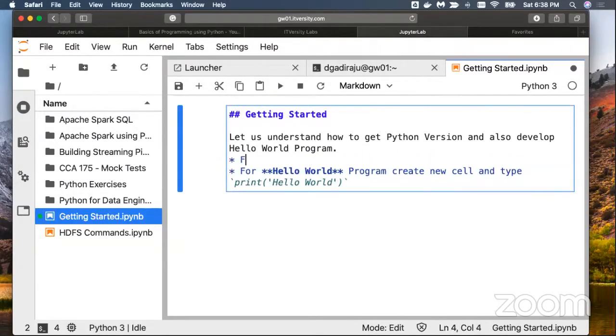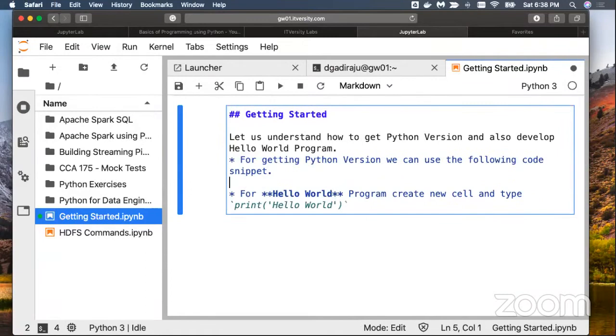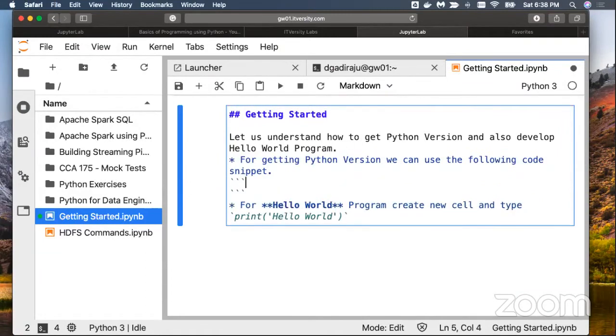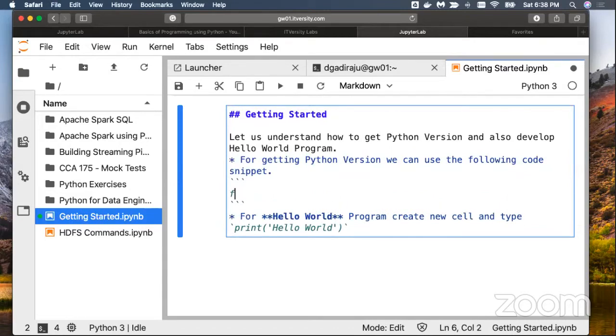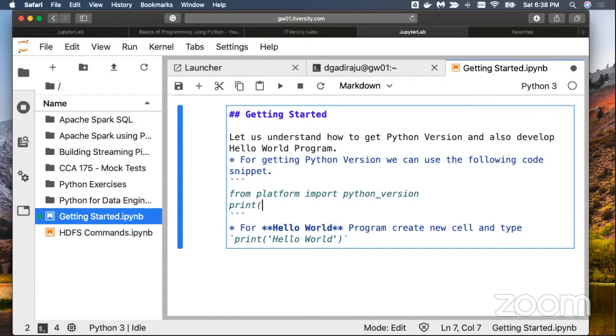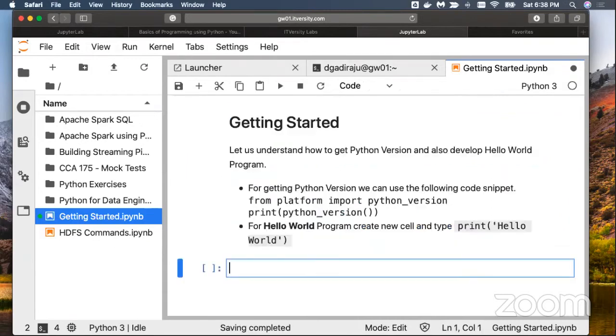For getting the Python version, we can use the following code snippet. Just in case you want to get some notes around your code, you can use this approach. From platform, import python_version, print python_version. Okay, now if you run this,